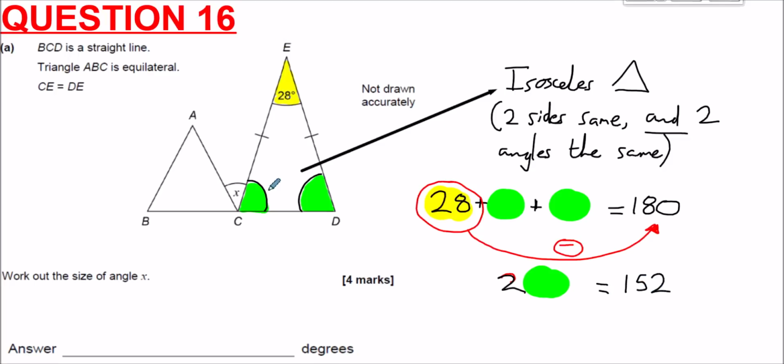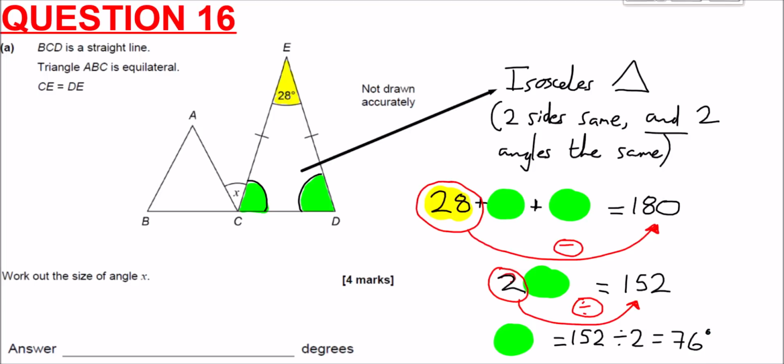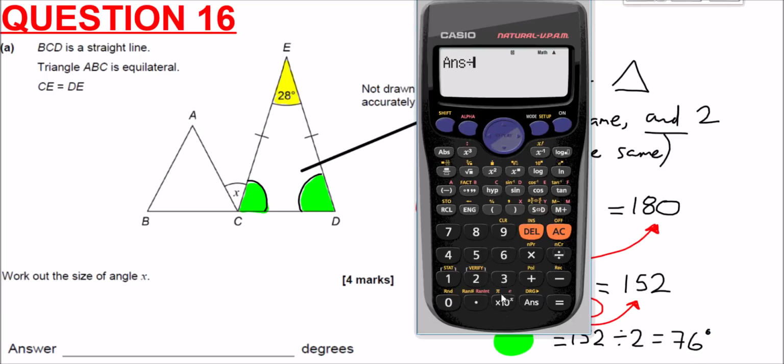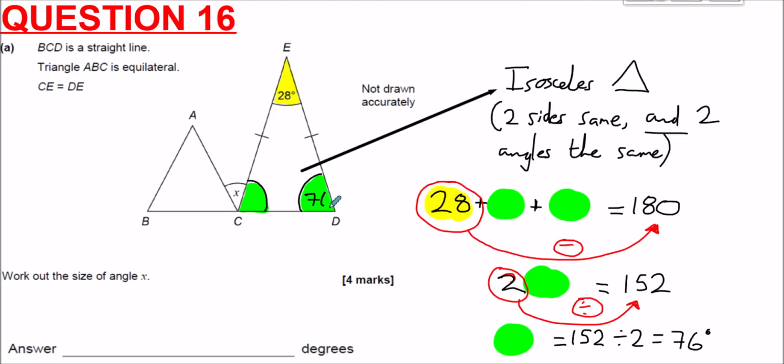So if we want to work out what just one of the green ones is, what we'd have to do is divide by 2. That 2 means 2 lots of the green angle. So if that 2 swaps side, it'll swap its sign. The opposite of multiplying by 2 is dividing by 2. And so each green highlighted angle is going to be 152 divided by 2, which your calculator should tell you is 76 degrees. Like that. 76